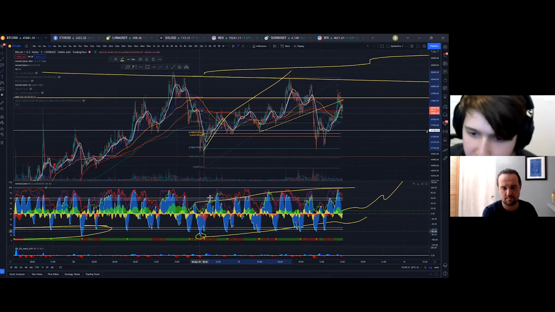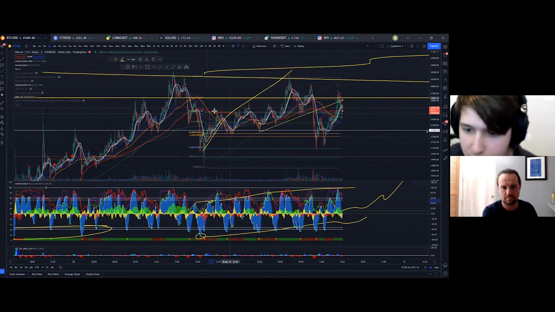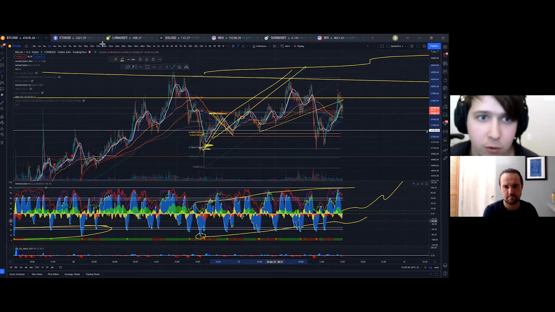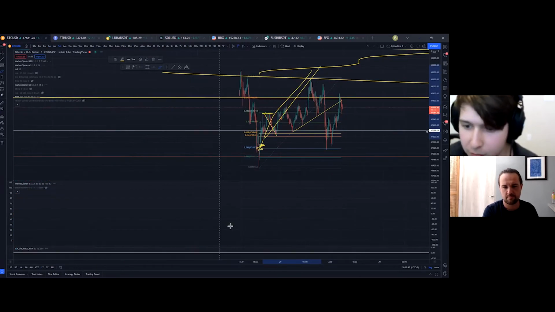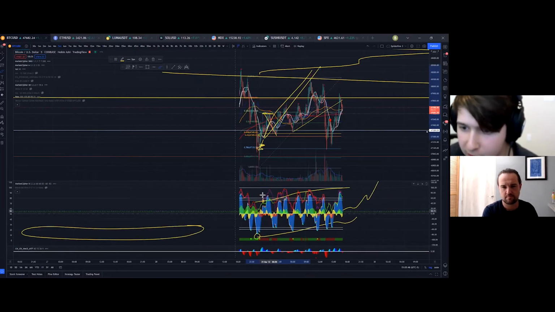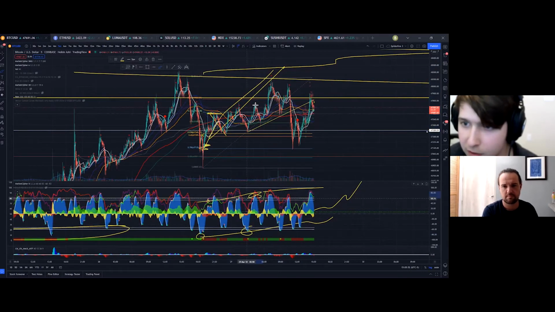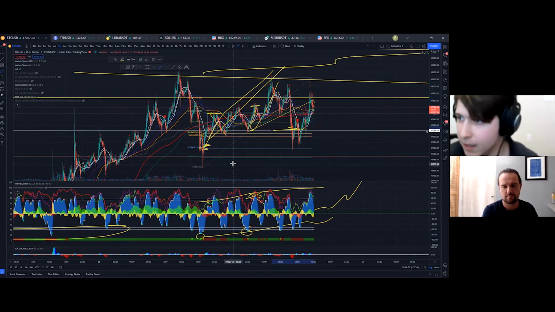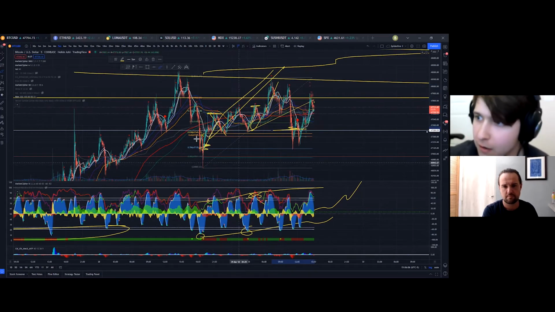And then if I do see a red dot above the 0 line, where was that? When we were here, I would probably take some profit out, move stop loss to entry and try to catch the wave. Whatever time frame you're entering on, the 5-minute, for example, if you do enter on this green dot, when you see this red dot, you take some profit, move stop loss to entry, keep riding it up. Probably get stopped out right here. But yeah, you'd want to analyze what trend you're in and then bias your trades towards that trend. That would be the way that I would approach it if I wasn't already in trades.